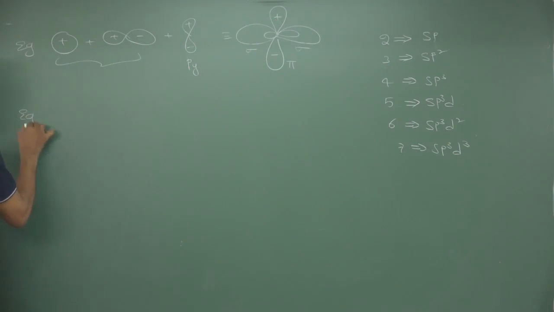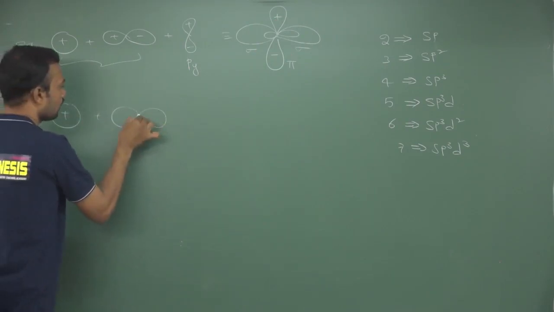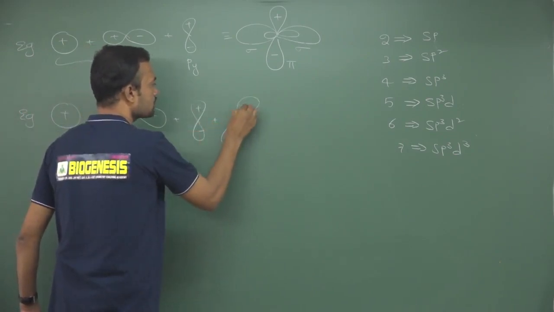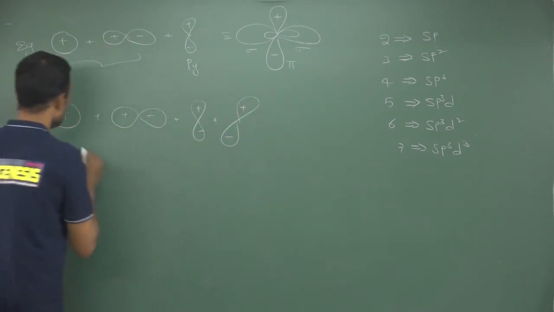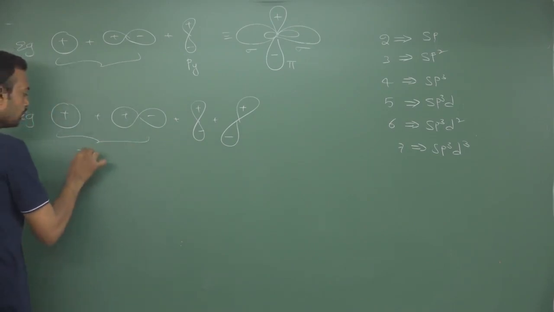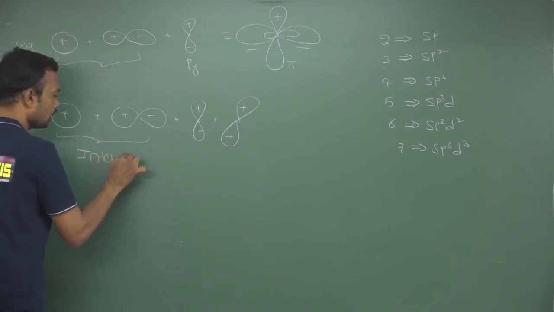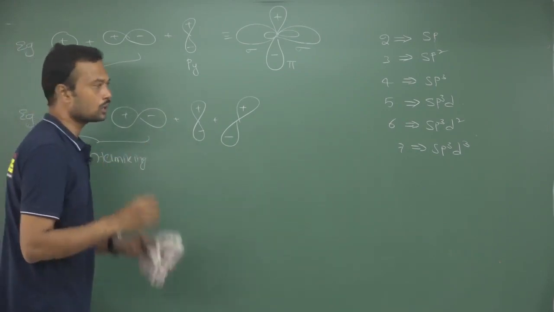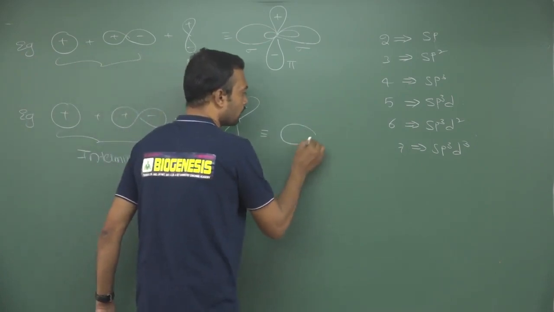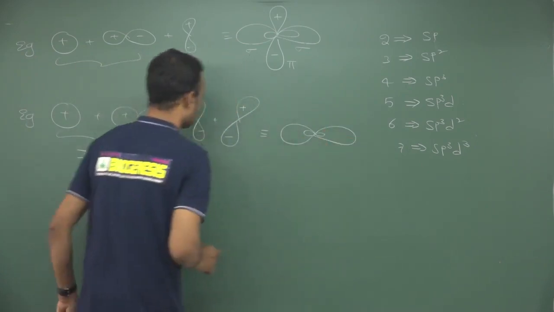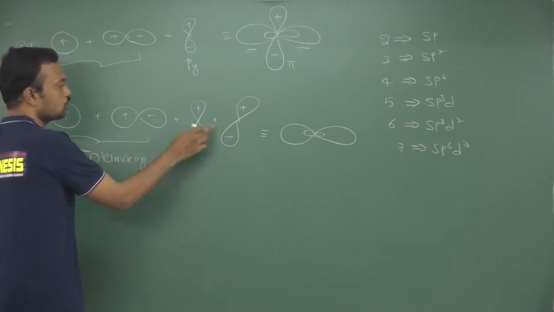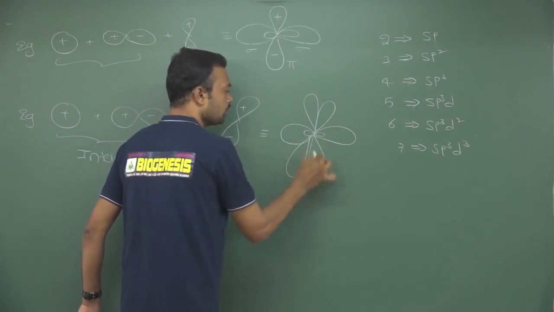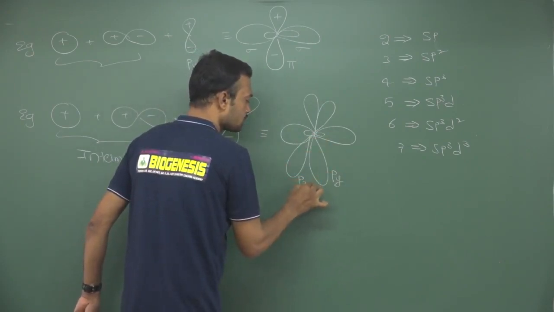So here one s orbital and one px orbital I am combining, and the py and pz orbitals I am not combining. So I am intermixing these two only. These two are intermixing and these two are not going to be intermixed; they are available but they are not intermixing. So the total number of hybrid orbitals is only 2. Why? Because I am intermixing only these two and these two remain as they are. So you may expect one py orbital and one pz orbital.